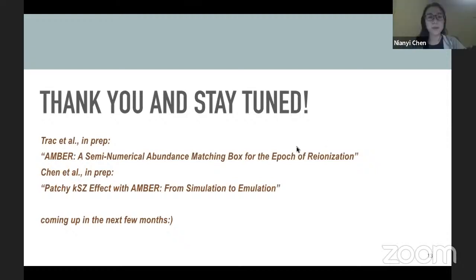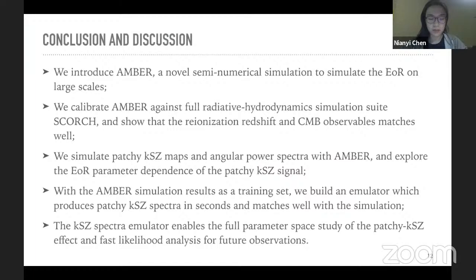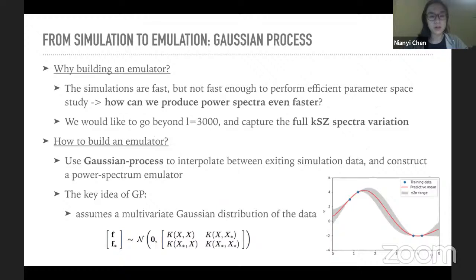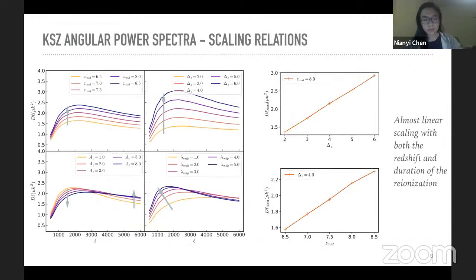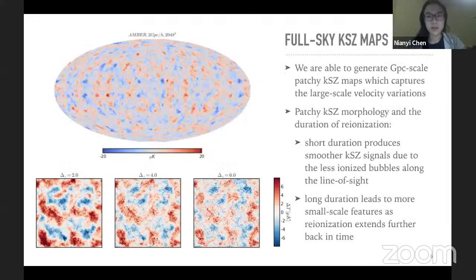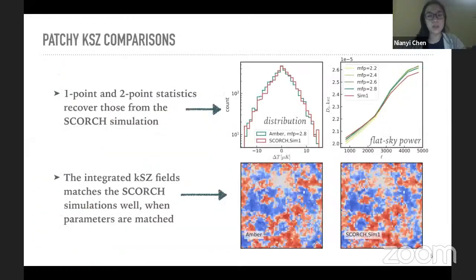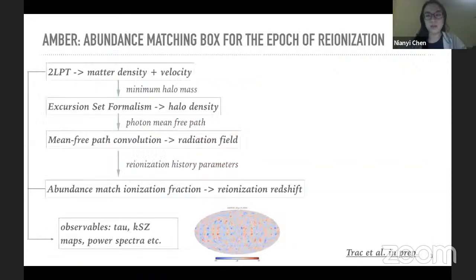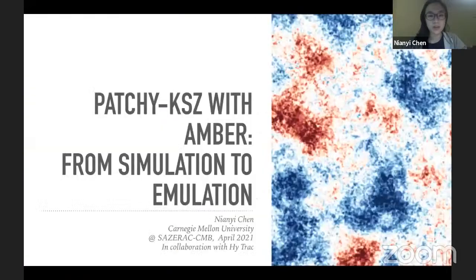Let me go to the previous slides. We use a pretty different method to carry out the simulation. 21cmFAST is also based on the excursion set formalism, but, for example, it uses the photon escape fraction to calculate those ionized bubbles by gradually expanding the ionized regions and seeing at each point whether a point is ionized. And here we use a completely different approach.